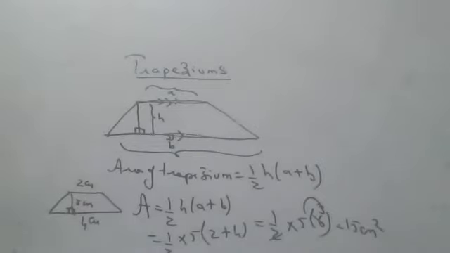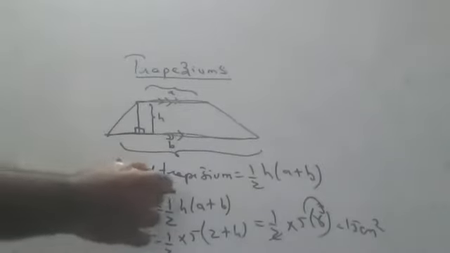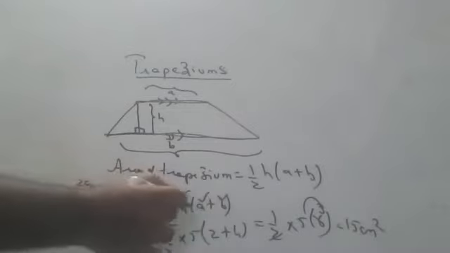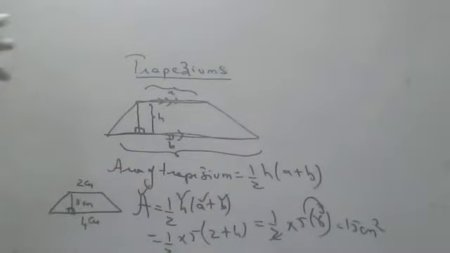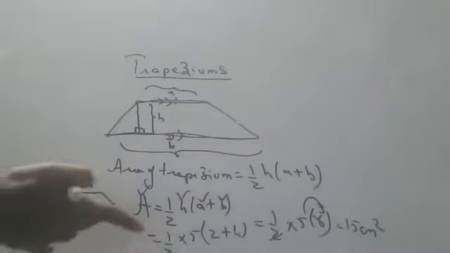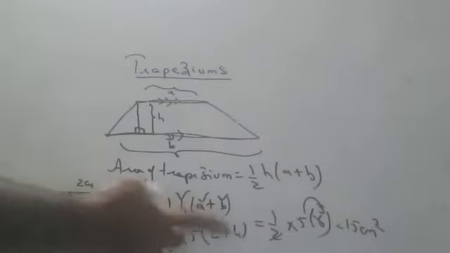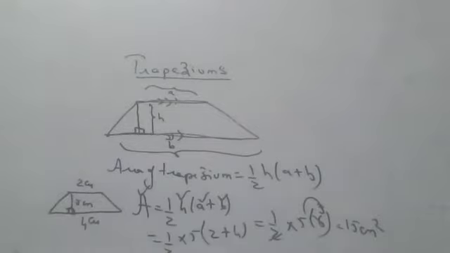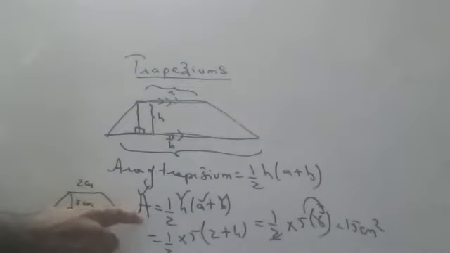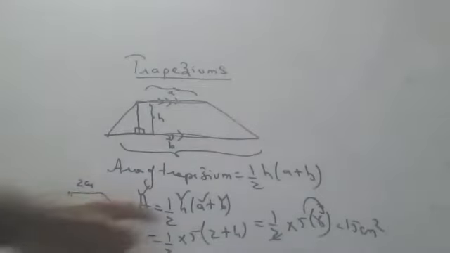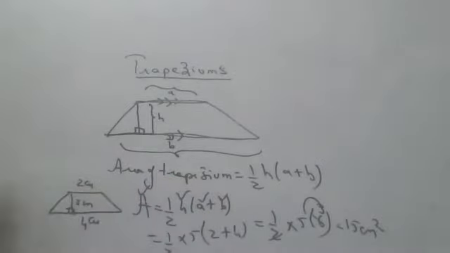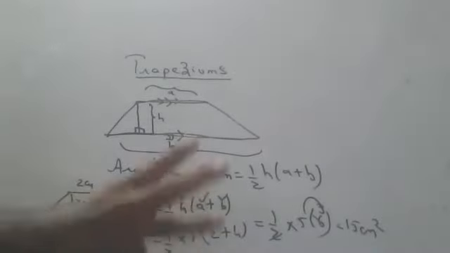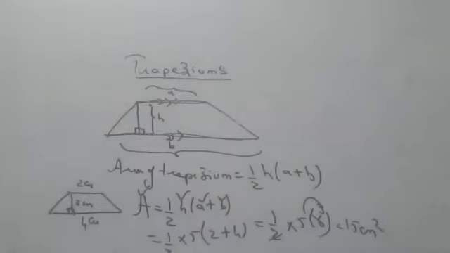But what happens? How many variables are there, children? 1, 2, 3, 4. Out of these 4, any 3 they will give, and 1 we should find. Depending upon the sum, a, h or b can become the subject. In different sums, different procedures will be there. Now I found the area, but sometimes they may give the area and ask you the height, a, or b. Out of 4 variables, 3 they will give, and 1 we should find.